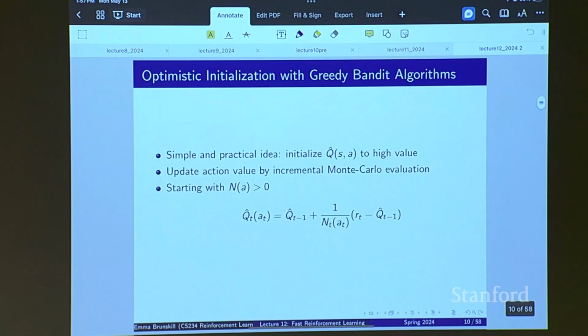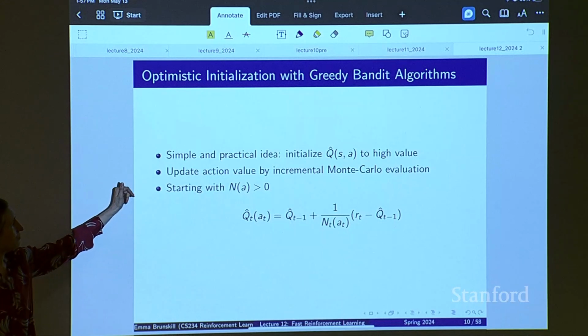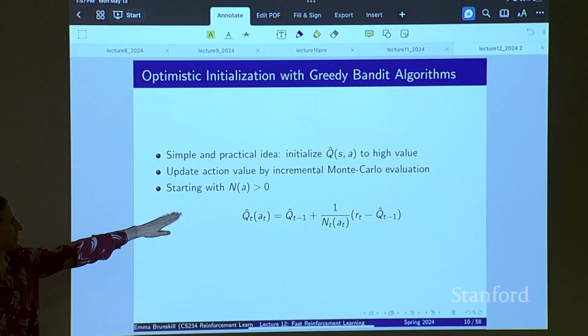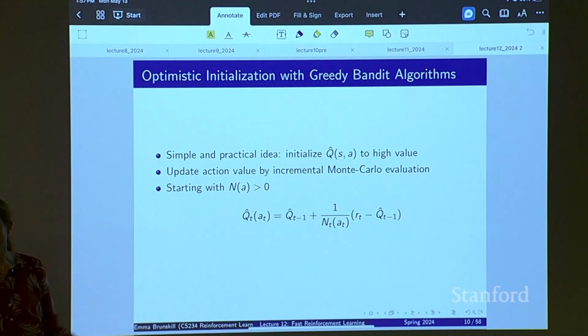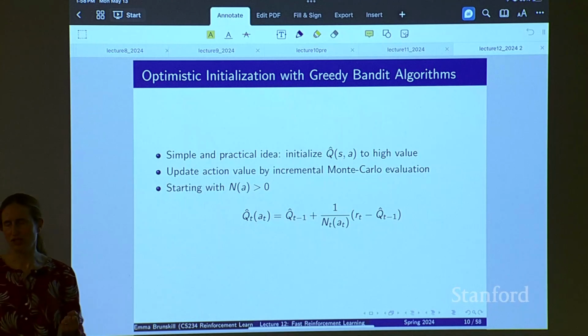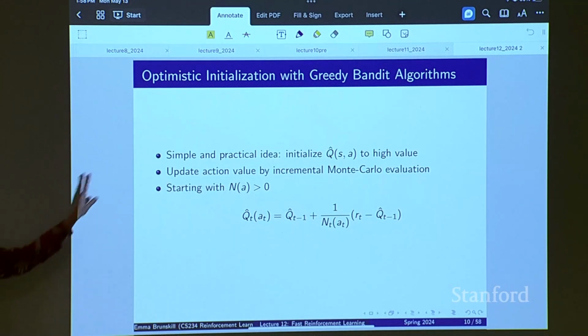So one simple thing you can imagine you could do, instead of worrying about these upper confidence bounds, which you have to update all the time, is you just initialize your Q hat to some high value. And then you just update that estimate over time. And when you do that, you know that eventually you're going to converge to the right thing, like asymptotically with the law of large numbers, as you're not changing that initialized value. That initialized value may or may not have been right. It'll be an upper bound and it'll just converge to it. So this is an interesting thing you can do.